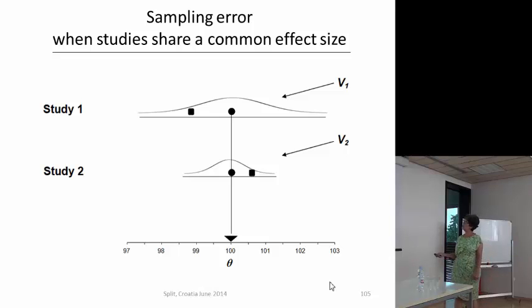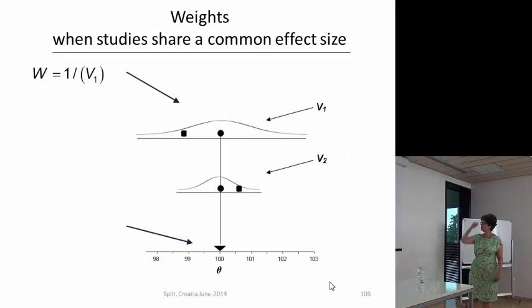And our job as meta-analysts is essentially to decide whether these two studies differ just because of random sampling variation, or whether it reflects true differences in effects in the two studies. Okay? So what we want to do is compute weights